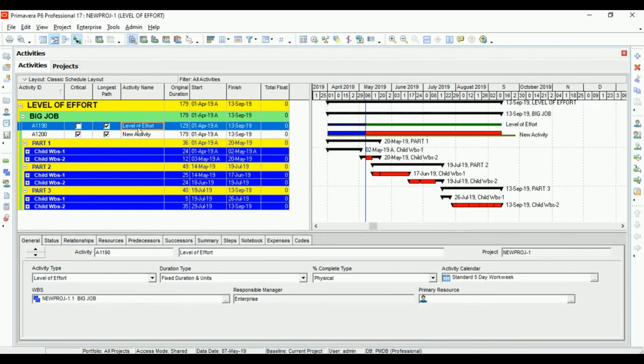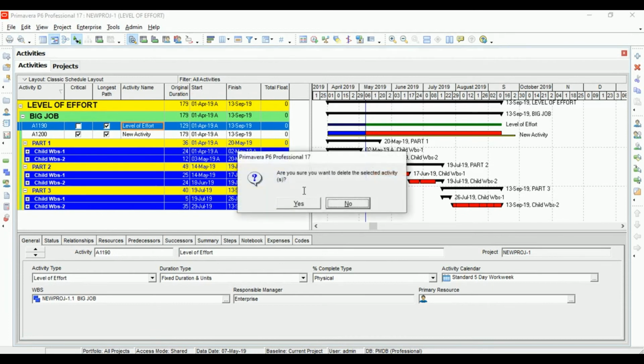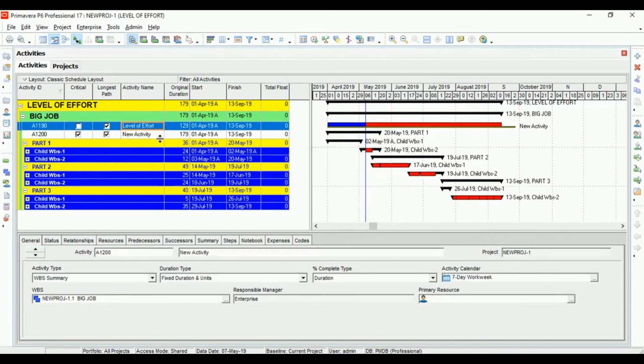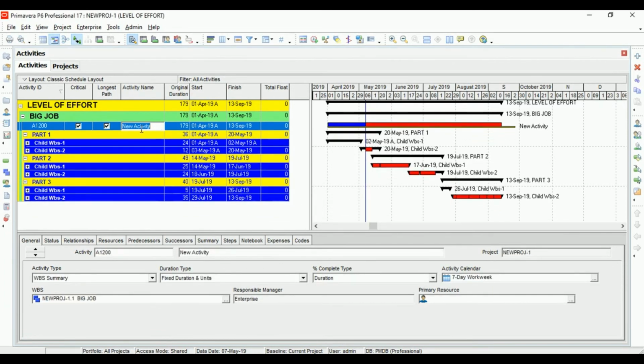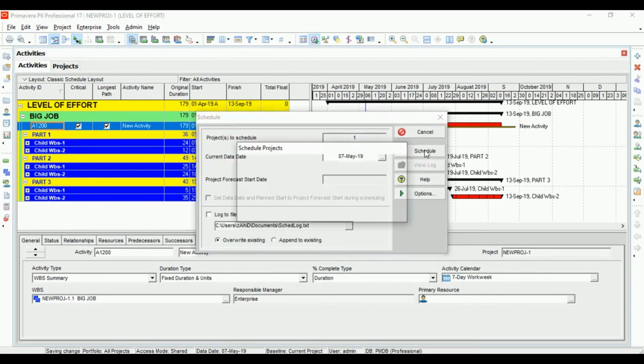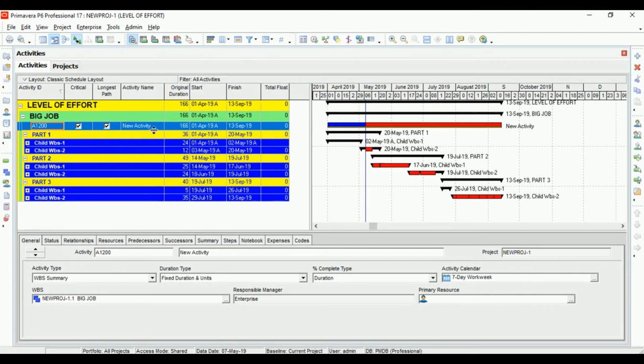It kind of did, but let's see if level of effort was not there, how it would react. So if you see, this activity type is WS summary. So yep, it is still reacting the way level of effort did, but the duration it is saying is 166, right?